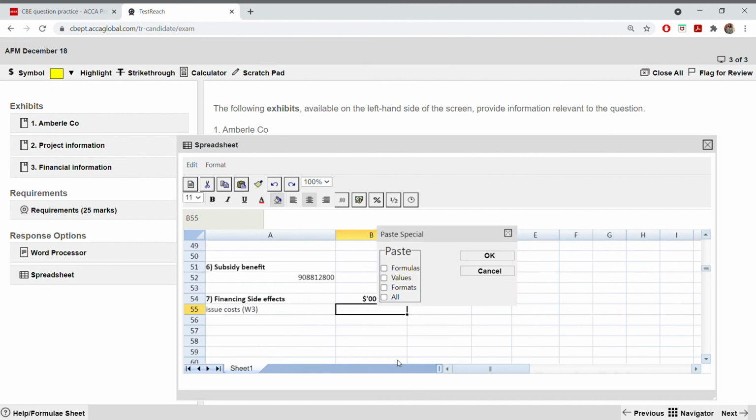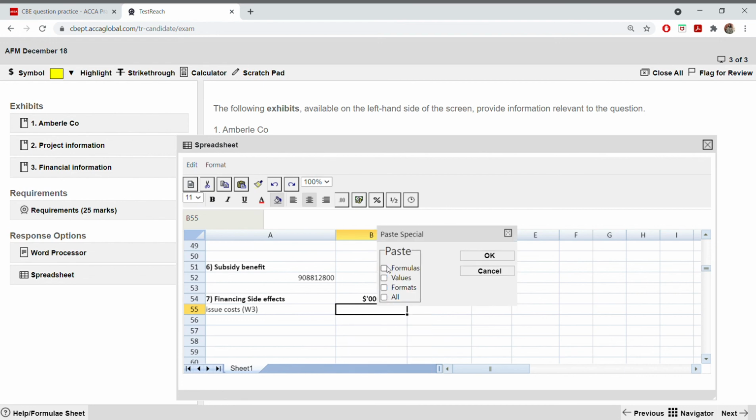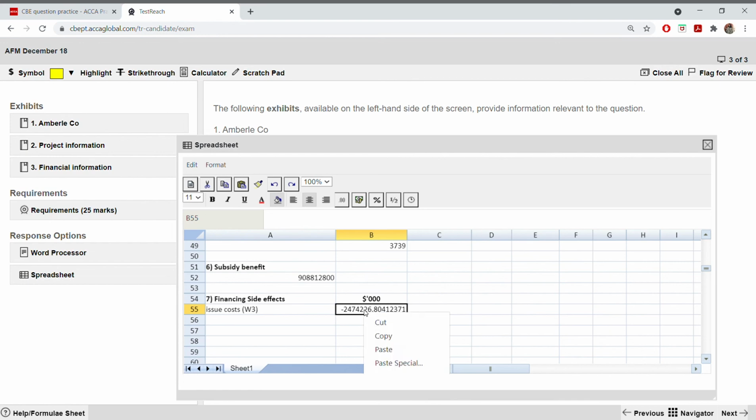Paste special. When you go to paste special, it will calculate the formula value form as all. So now when you go to formulas, it will calculate the formula. Special, just take the values. So when you take the values, it will not take the function, it will just take the values. That means the number as it is. Okay, so better to round this to